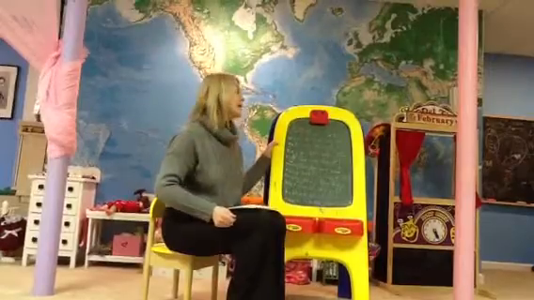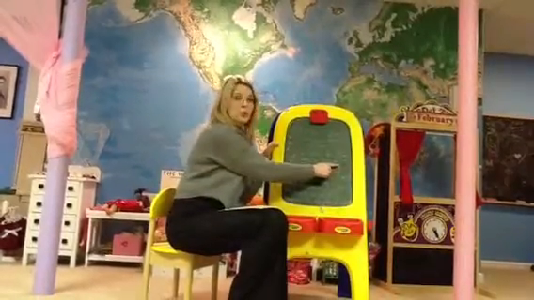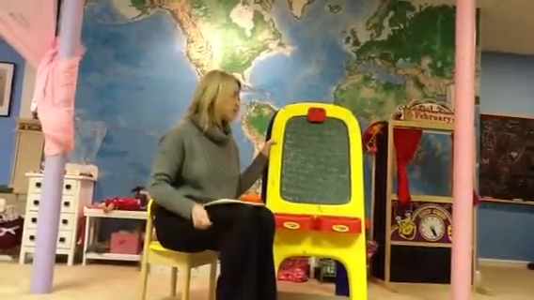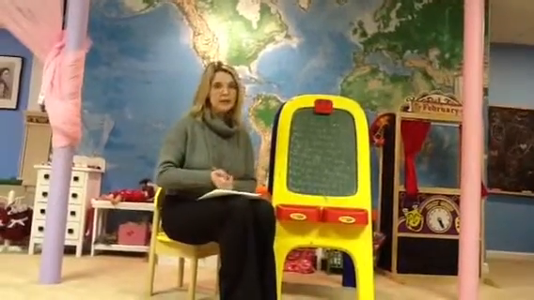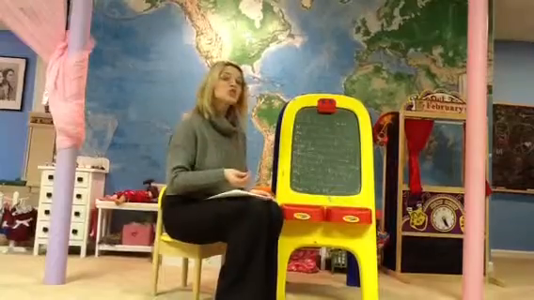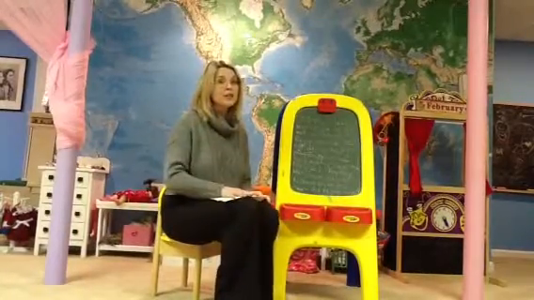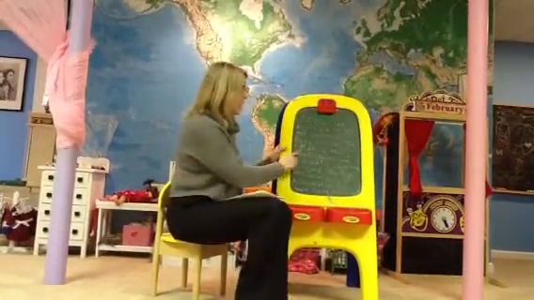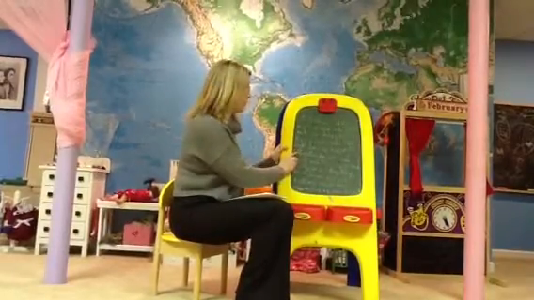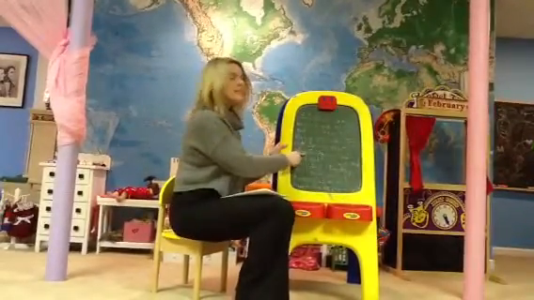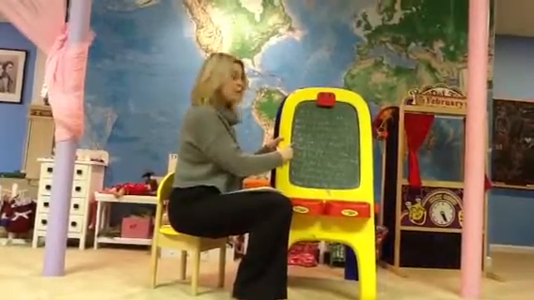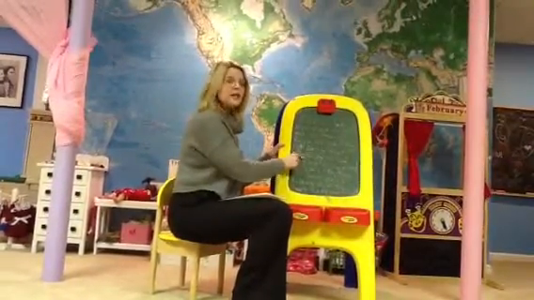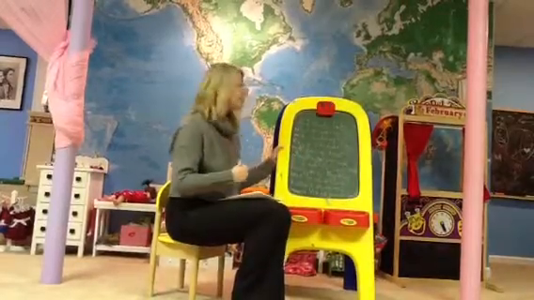And because it's an exclamation, the exclamation point goes inside the quotation marks. Now finally, we have yet another change in speaker. Now because the speaker has changed, and every time the speaker changes we start a new paragraph, I have my paragraph mark, and I have an arrow to show that I'm indenting. Now, when you're writing your story, please don't put a paragraph mark, and please don't put an arrow for indenting. I'm just reminding you in the mini lesson.